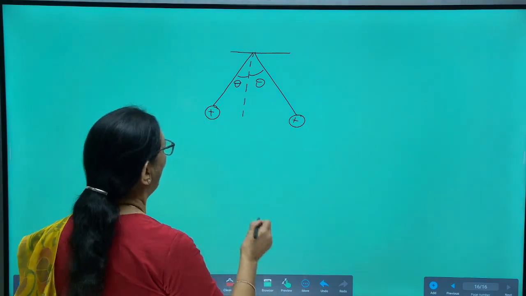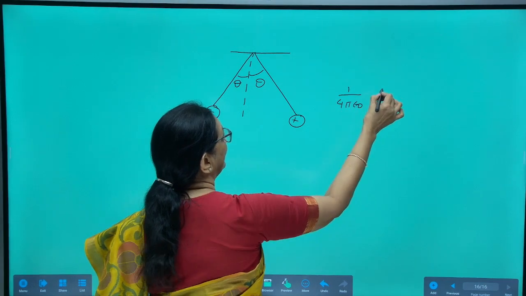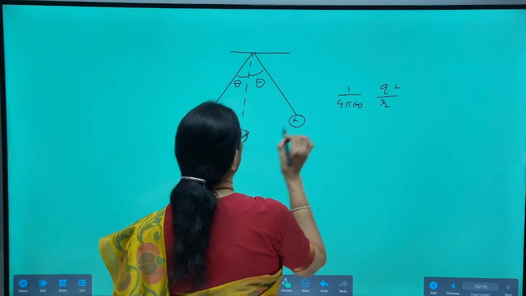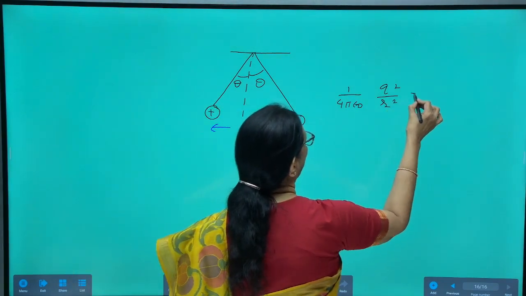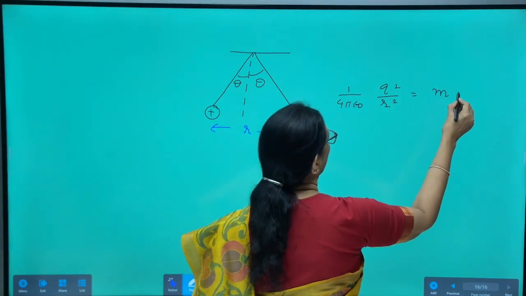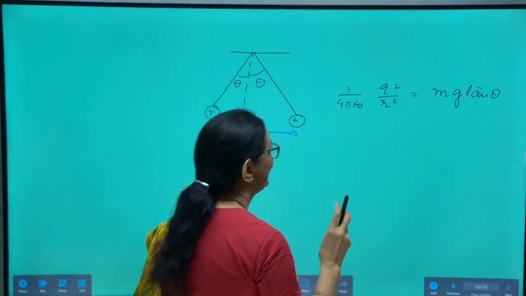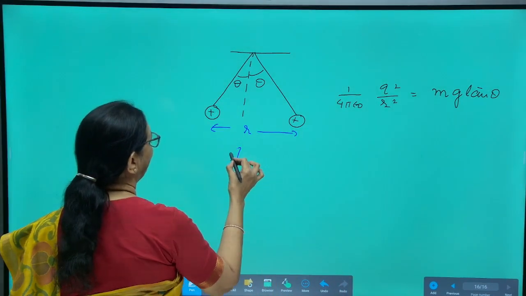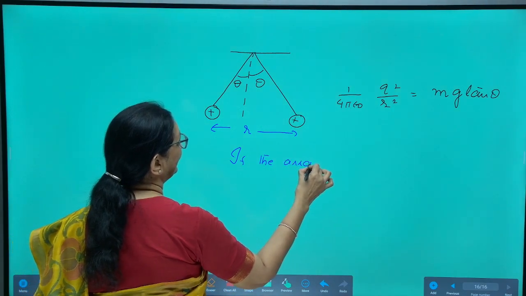Right? Now here, 1 by 4 pi epsilon naught q square by r square, where r is the separation between them, is equal to mg tan theta. Right? Now here, if the arrangement is taken